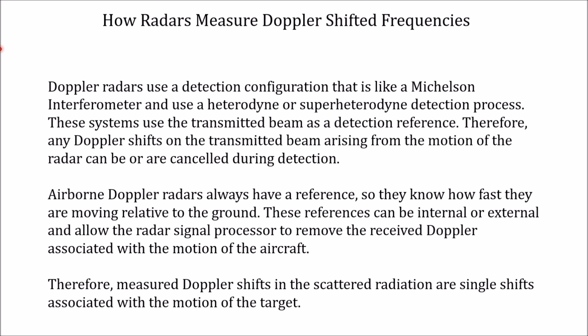When an object emits a signal of some sort, the motion of that object imparts a Doppler shift on that moving object. If you look at a radar, though, it has a detection process in it. The first thing is that almost all, if not all, moving airborne radars use the ground as a reference or use something else as a reference.